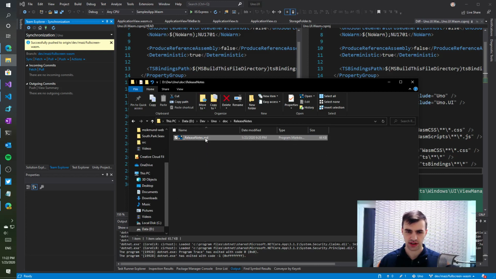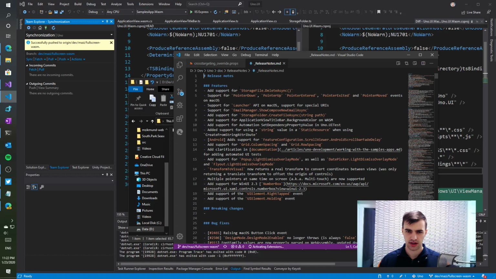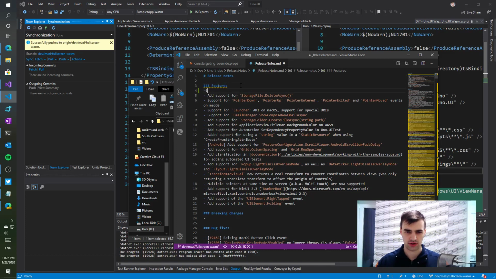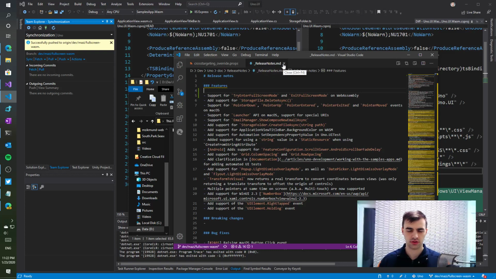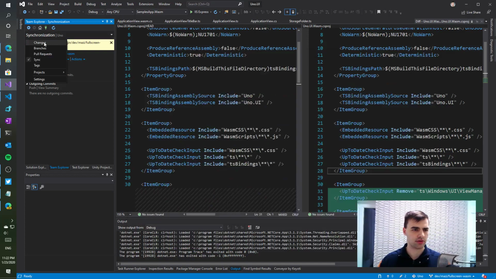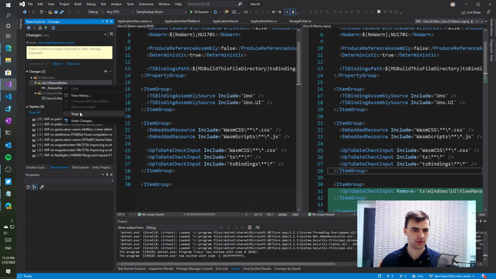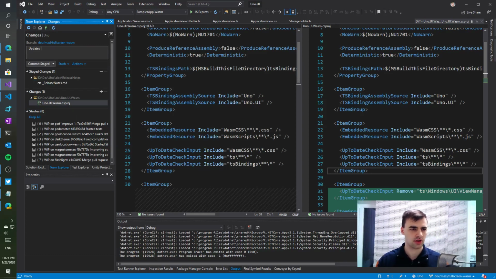And yeah, we also need to update the release notes, which are here. So let's do it here, and we say we added support for try enter full screen mode and exit full screen mode on WebAssembly. So that's it, and yeah, that would be probably it. So I will commit this change as well. Updated release notes,